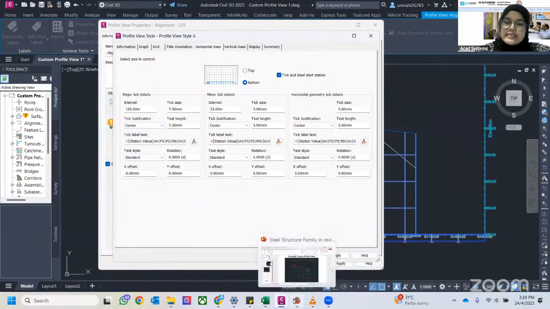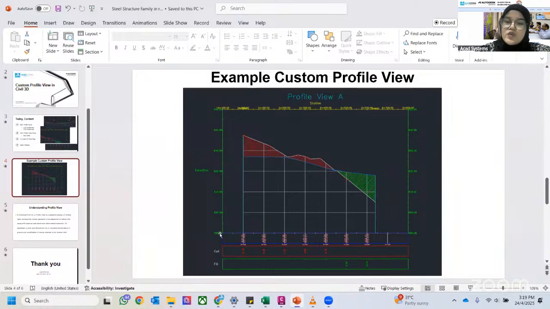Okay, as you can see here, there is no station data for the bottom or the below side. Okay, we only have it for the top side, which is the station here. So for this setting, you need to make sure there is no setting for the bottom side of your profile